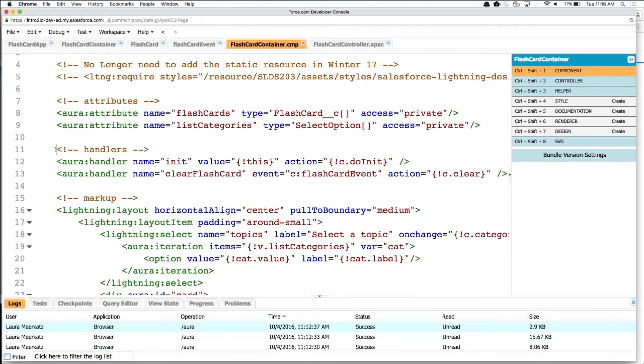In line 13, this is a custom event that we're handling. So we have the flashcard event. Again, you're going to see the c:, because I don't have a namespace. If I had a namespace, that would be there before the colon. And the name of our event is important. This is a component event, so we need to make sure that we register and handle our event with the same name. And while we're talking about events, we'll take a look at